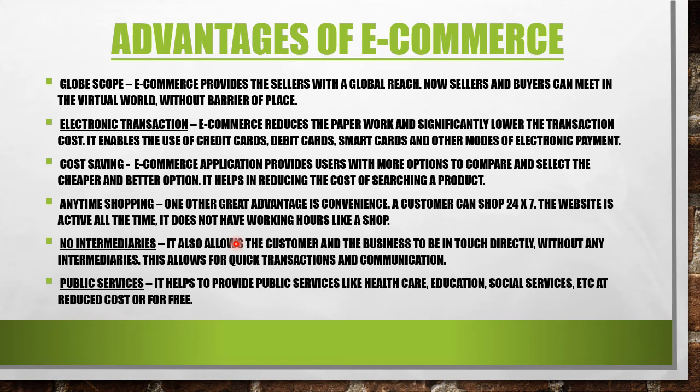Okay, so see, in all these things, you can write it in your own words also. But global scope means what? That e-commerce will be available all through the world. Means we can buy the products or sell the products anywhere in the world. Okay, then electronic transaction means we can transfer the data from one place to another by using emails. Then you can send the messages using WhatsApp. There is no limitation that WhatsApp can be sent only from one place to another. The person is staying anywhere in the world, then also you can send the message through WhatsApp, right?